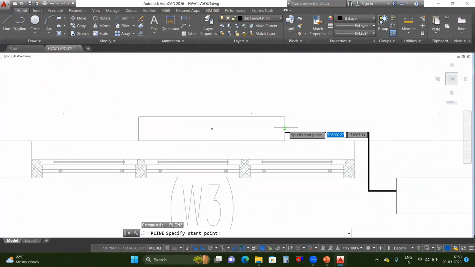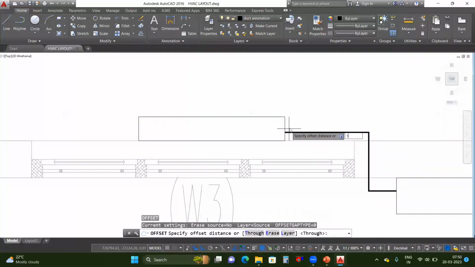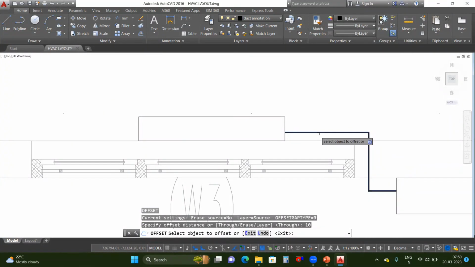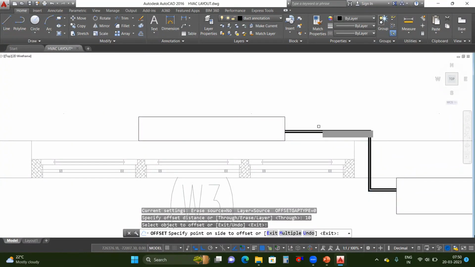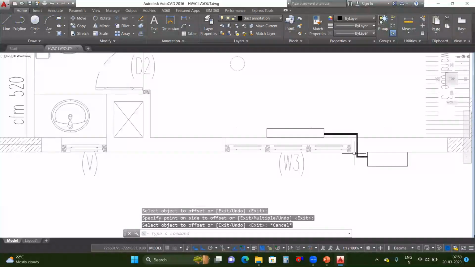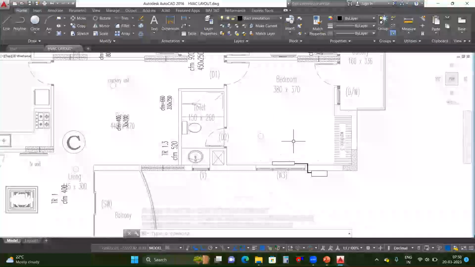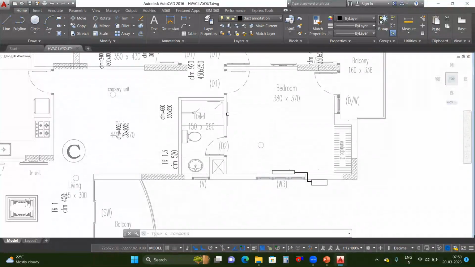Like this we can connect. Okay, so like this also we can place this. So not only here, if you require, you want to place it here, you can place here also. Okay,